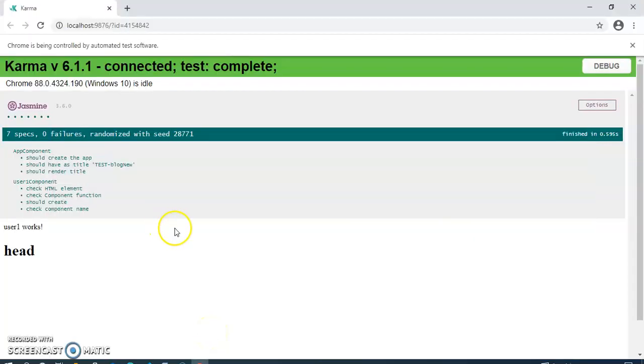Now you can see here our program is running in very good condition, and check HTML element also showing here. Now I have done step-by-step testing. Like this way you can do step-by-step testing, and whatever bugs you are having in your project and your program, first of all you have to read that bug properly, and then you can find the fix like this as I have shown to you.